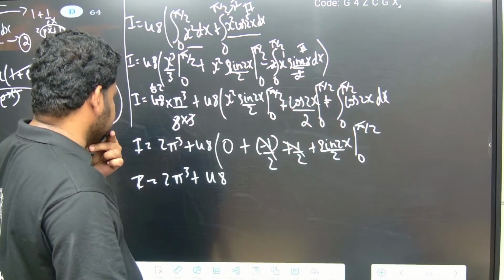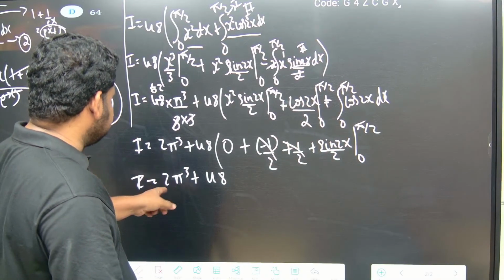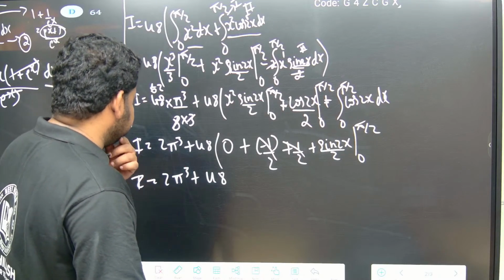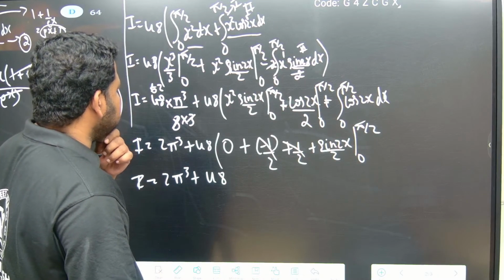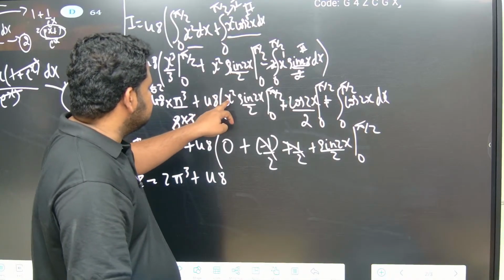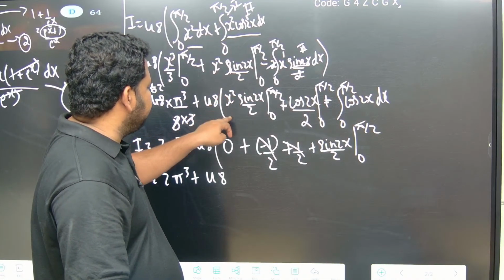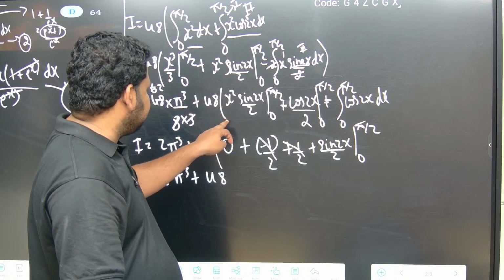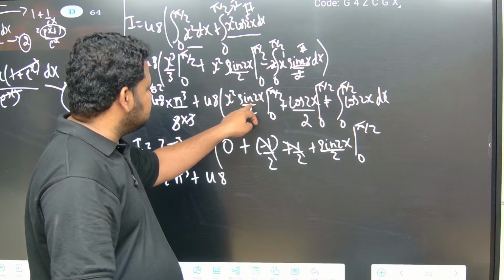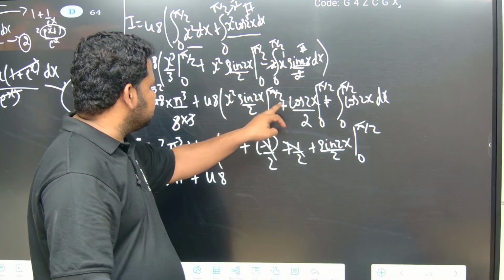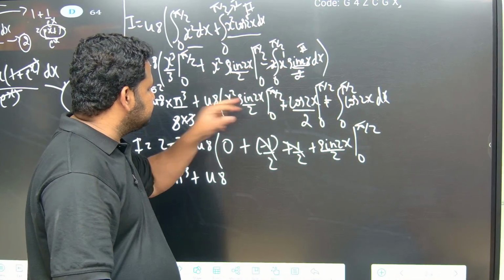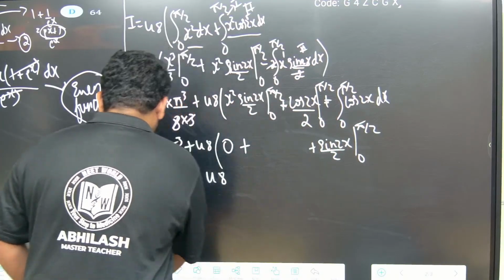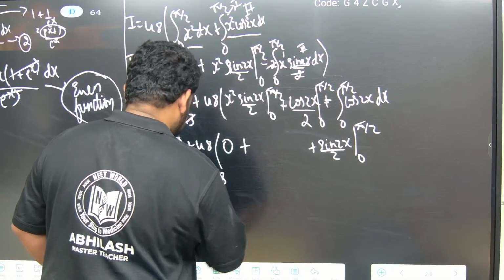So let me check this. 2 pi cube plus I will have something here. Let me check this: x square is pi square by 4, I will have pi square by 4 here. So sin 2 into pi is fine, so this is x square into this one. Now what I will have here, just a minute, this will be minus, actually this will be